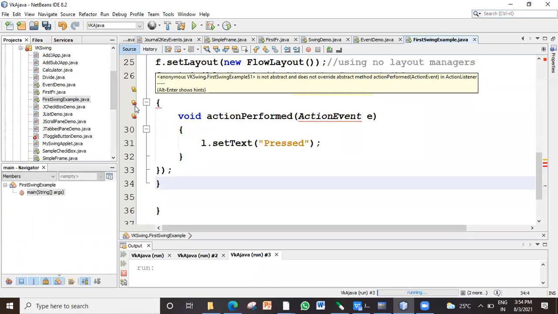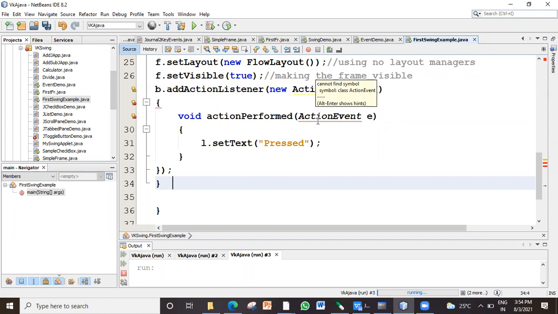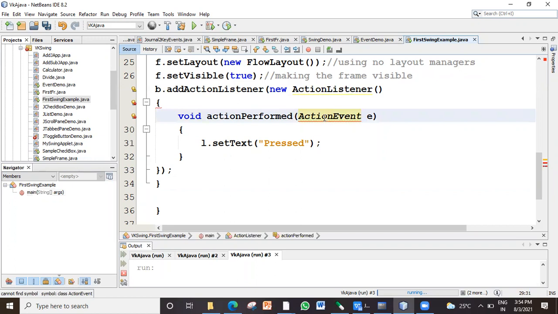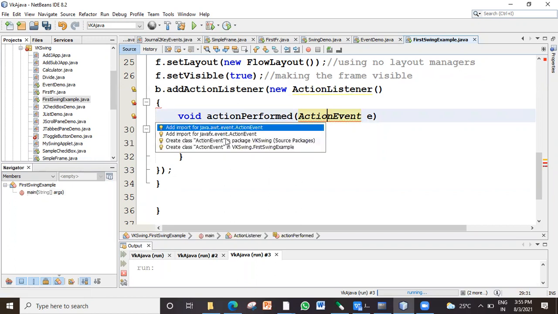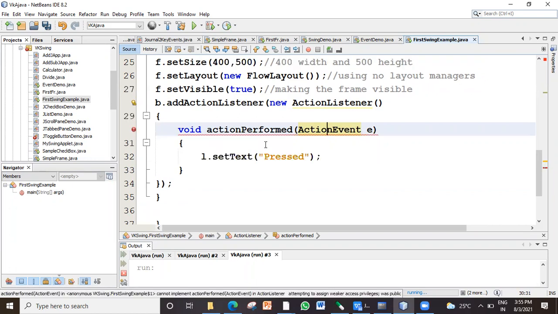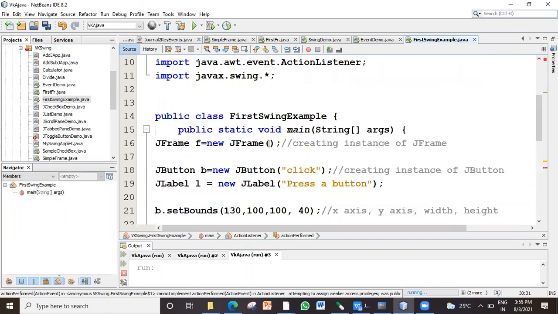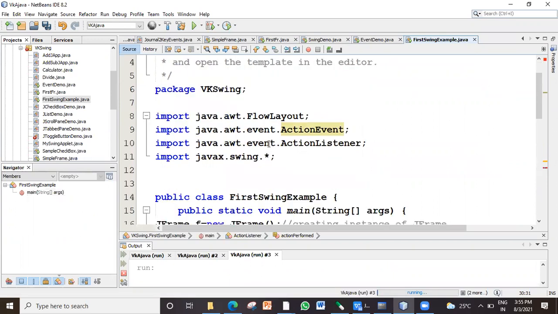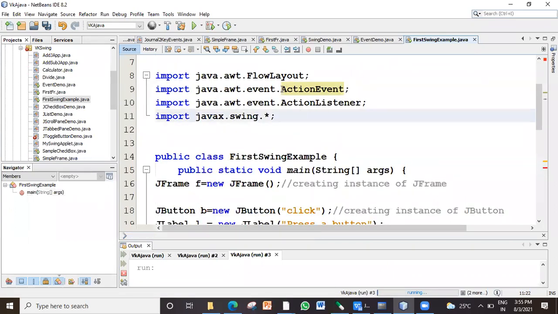It says it does not override action performed, but I have already overridden. Better we write asterisk for this so that all the classes are imported.